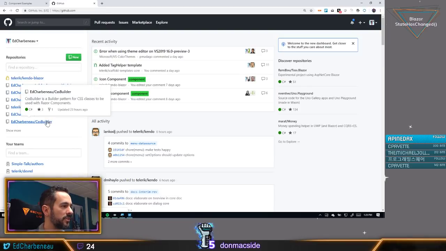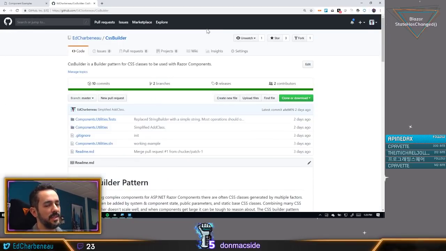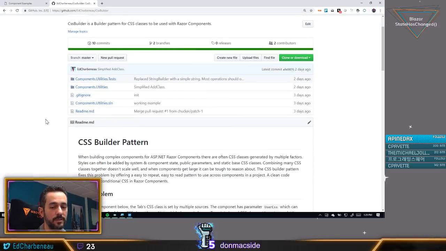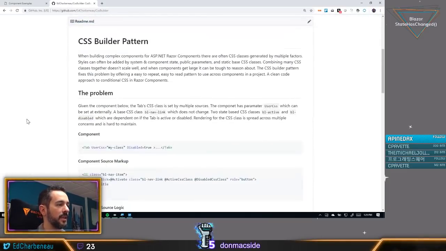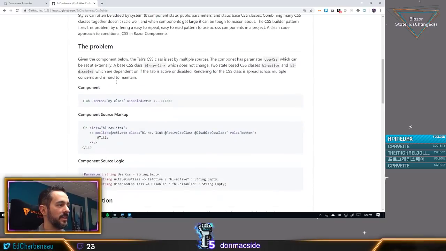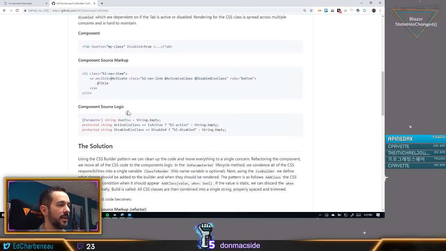And it is called CSS Builder. The intention of this was not to make a library. I didn't intend to put this on NuGet or anything like that. There's just not enough code, in my opinion, to worry about it. And the idea is, I outlined the problem here, exactly what I was talking about